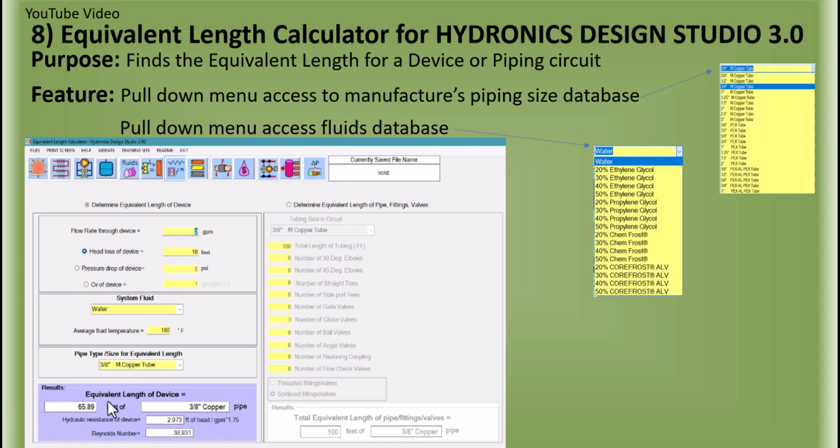Here's your results. Down here gives you the equivalent lengths of the device, how many feet of whichever type of tubing or piping you have. Gives you the hydraulic resistance of that device, as well as the Reynolds number. I will show in a second how you go back and forth between these and demonstrate how easy it is